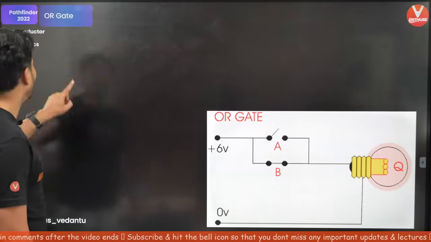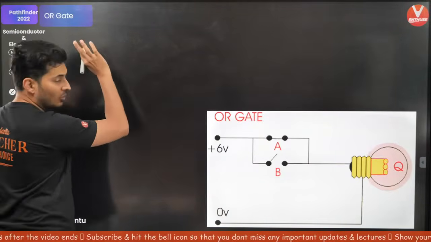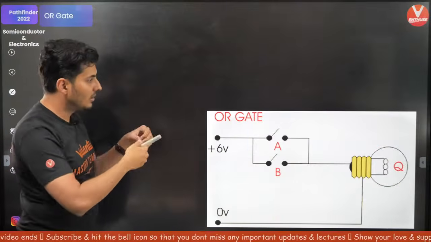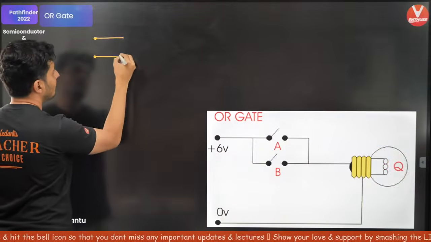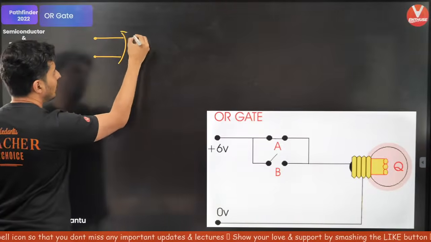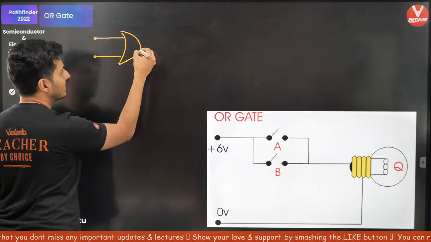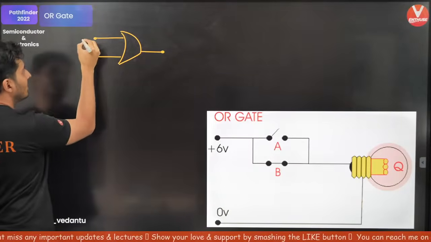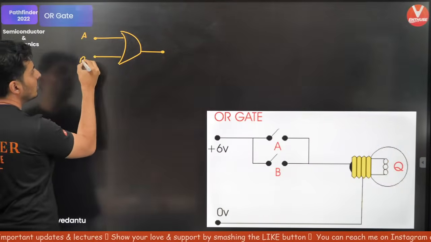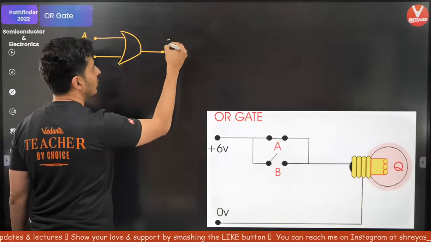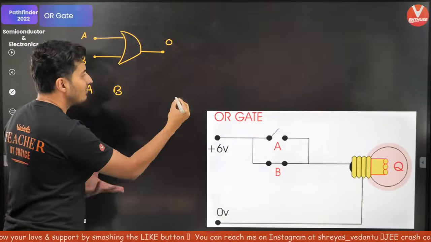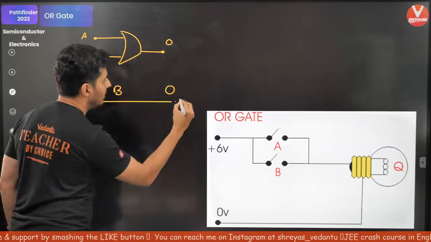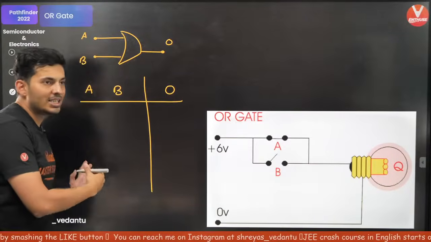How do you show an OR gate? There are obviously two inputs and there will be one output over here. So these are your inputs. This is fed to an OR gate. The OR gate looks like this and you take out an output. This is, let's say, your input A, this is your input B, this is your output, let's say I call it O. So I can have something called the truth table,